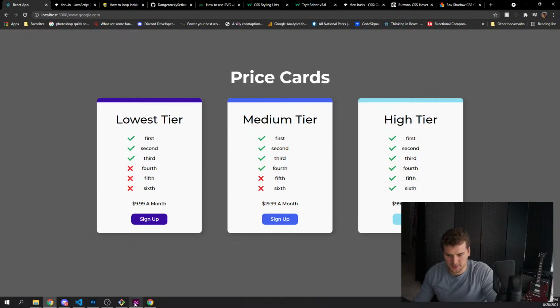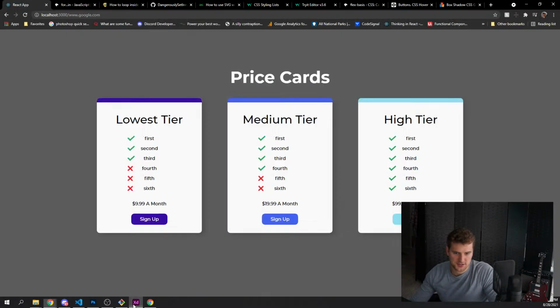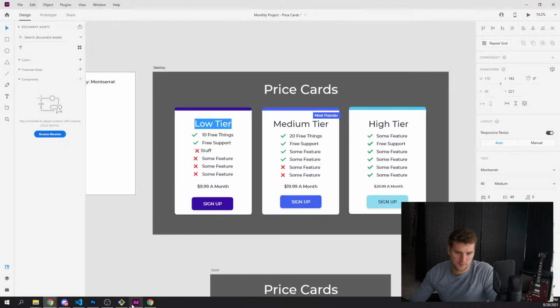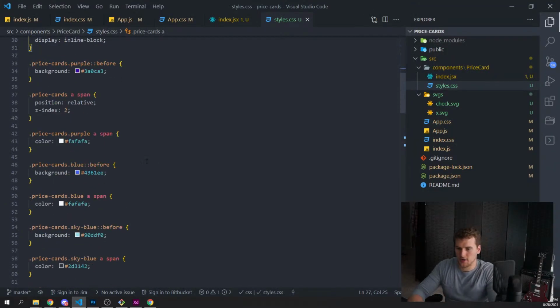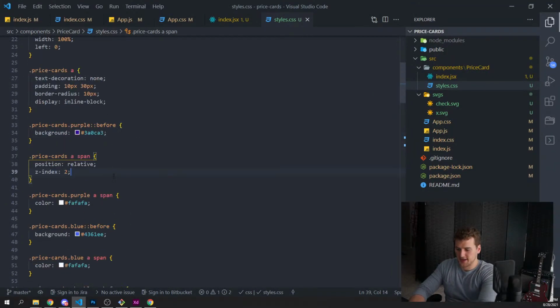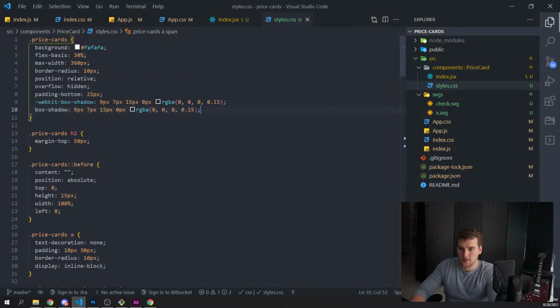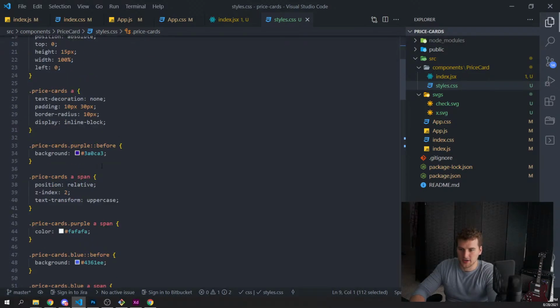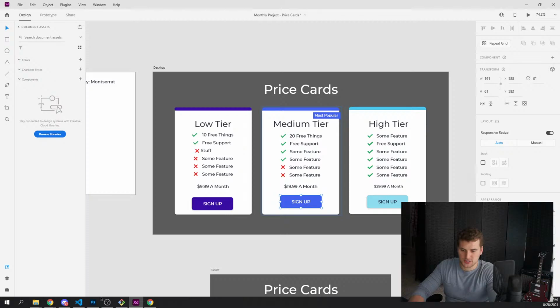Boom. All right, sweet. So we're pretty close. We don't have the right text. Our buttons don't have a box shadow. They have a box shadow here. And then we can just do, where's our A tags, span? We can do text transform uppercase to make those capitalized. And we'll grab the box shadow here and just stick that on these A tags so they look like they have a box shadow too.